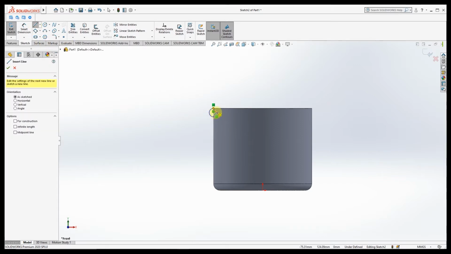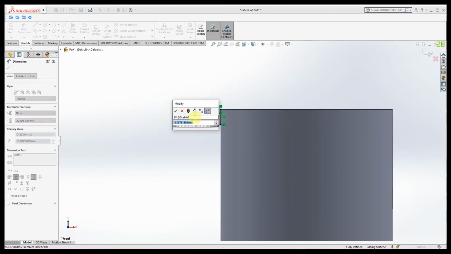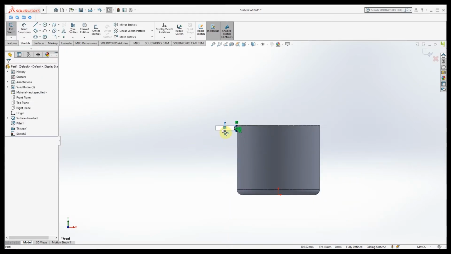So now what we have to do is take the front plane and make one half circle, and give dimension around 7.5. 10 is not enough, we will make it 7.5. That is good. Aesthetically this looks good.